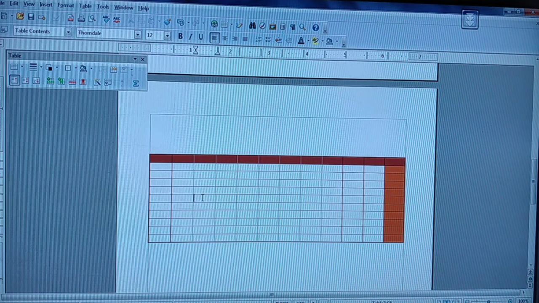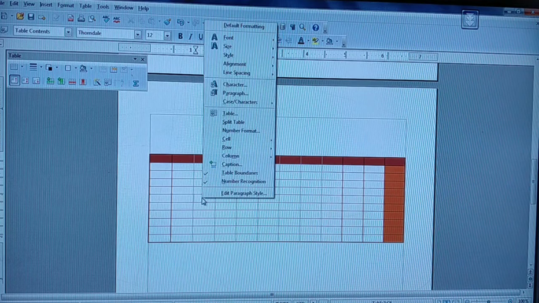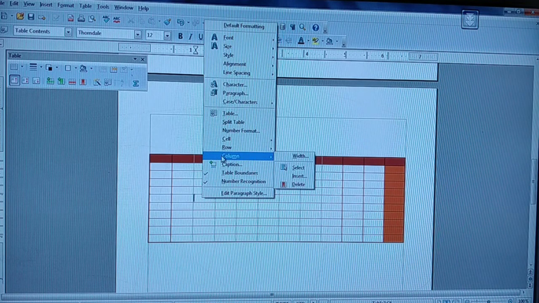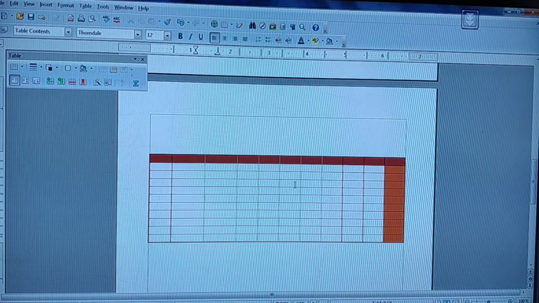Have the insertion pointer at the needed column, right click it, select column, and now you are going to click delete. Yes, the column is deleted for you. You people are able to see the difference. So the size of these two columns are different from these sizes. Okay? So by means of this, you people understand. So this column is deleted for you. So clear with this one?